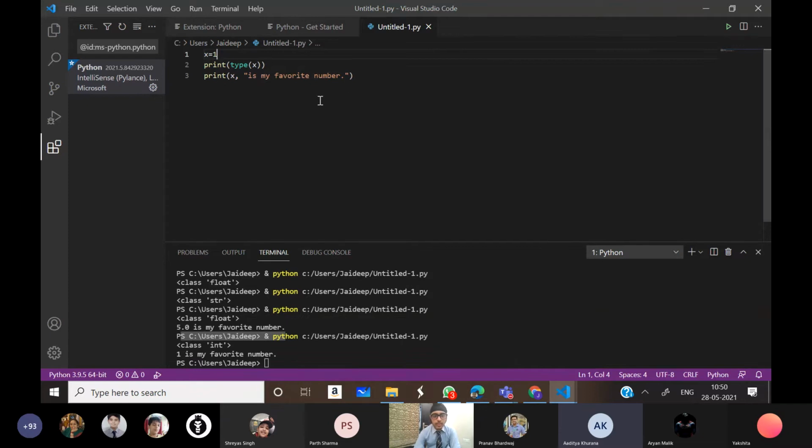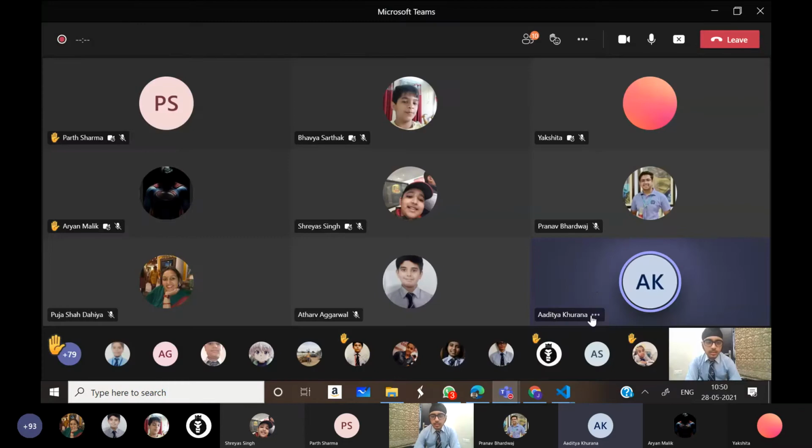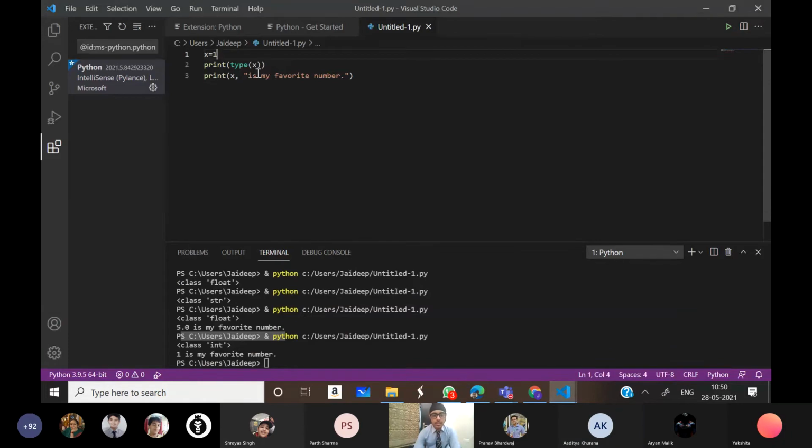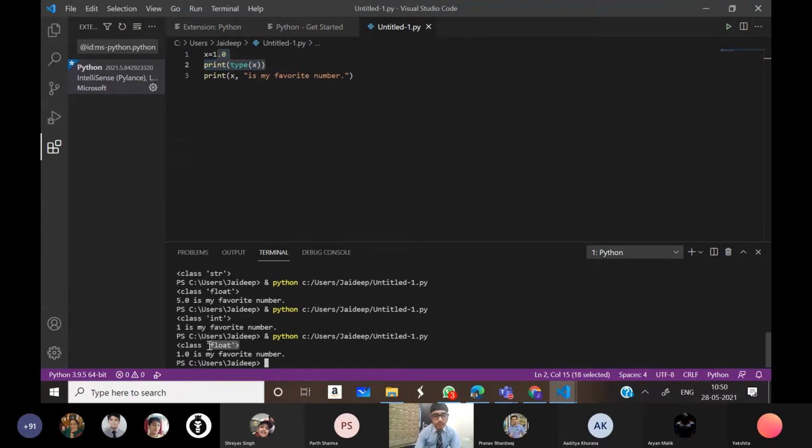So float is a numerical data type which contains decimals. Here, it's a float because you can see there is a decimal. When we run this code, it will say class type float, because here we are using a decimal point. But here it changes into an integer. Is your doubt clarified now?